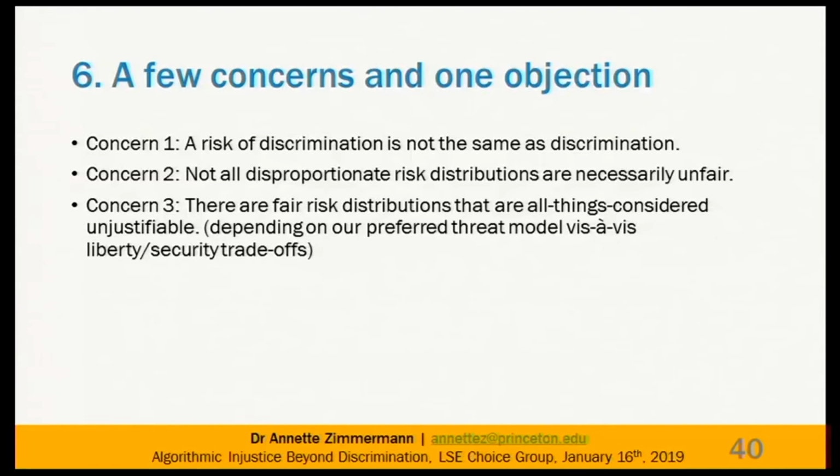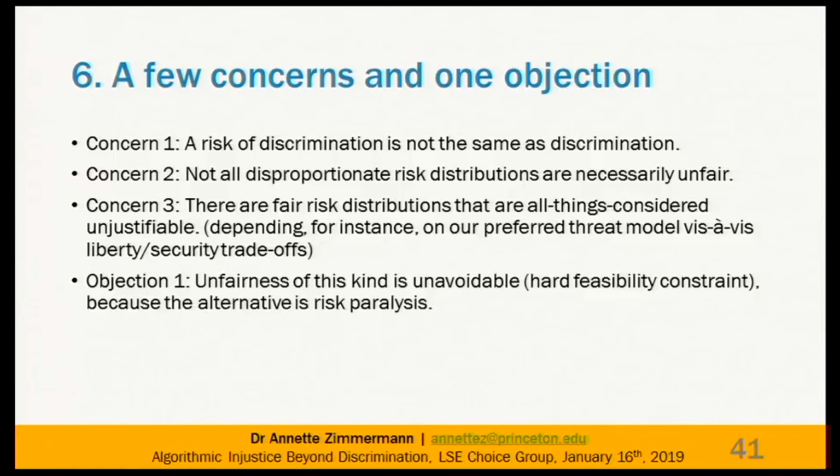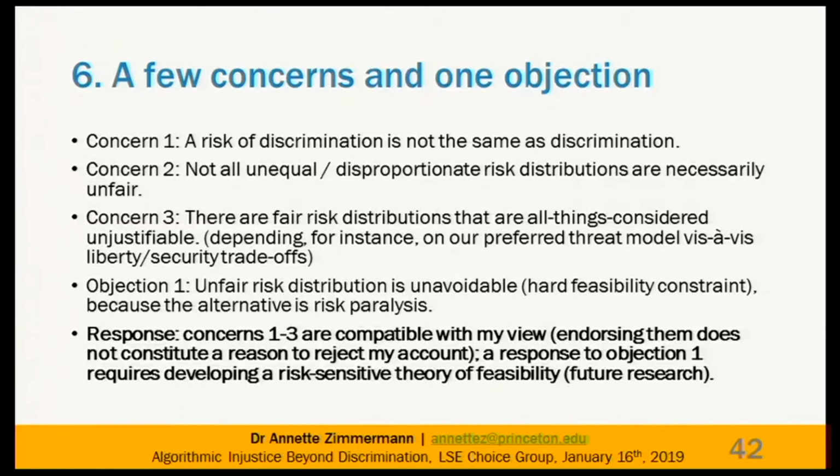Then the second concern is not all disproportionate risk distributions are necessarily unfair. And the third one would be that there are some fair risk distributions that are all things considered unjustifiable, depending on what other values are floating around in our decision-making models. So liberty and security might be one of those possible considerations, but there are many more. The objection that I want to talk about is that the unfairness of this kind that we see in all of these algorithmic decision-making cases is unavoidable in the sense that it constitutes a hard feasibility constraint, because the alternative would be risk paralysis, right? So if I try to avoid imposing all sorts of pure risks on people, I can't really do anything, so it implies an extreme precautionary principle. And so just to respond to that,